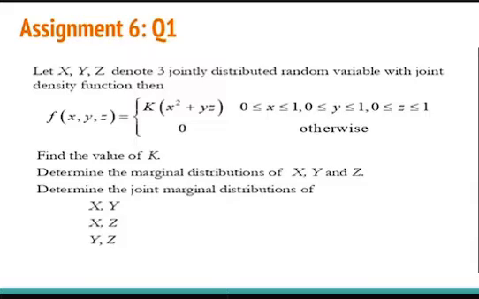So this is what you're going to do. The first question asks you to find the values of k, so we're actually going to use a triple integral for that. And if you look at the second question, it says determine the marginal function of x, y, and z. So you basically want to get f of x. If you want to get f of x, it means you actually need to integrate this guy,